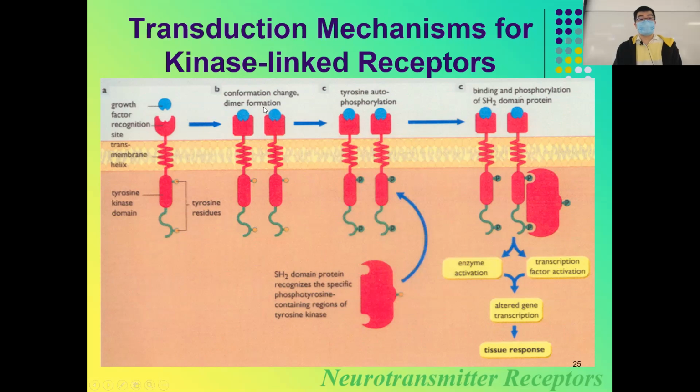Once it binds to the ligand, the conformational change induced by the ligand will form the dimers. Once they form dimers, the enzyme domain will phosphorylate the tyrosine residues. So it's now phosphorylated, and then the SH2 domain protein will be recruited to the